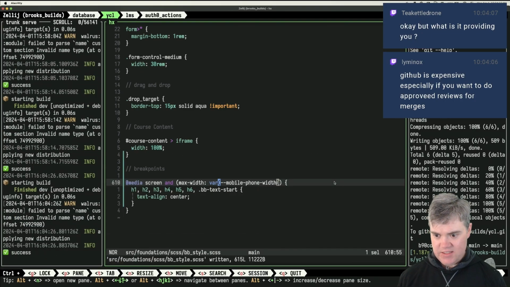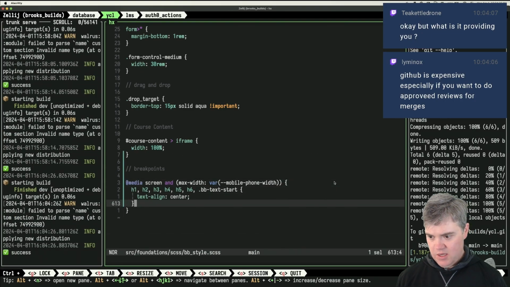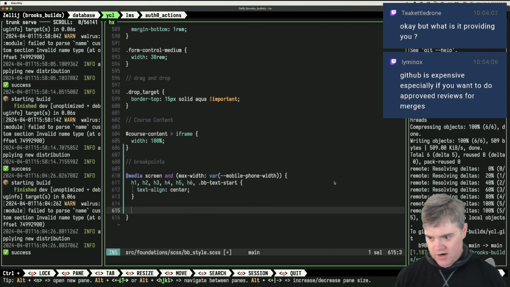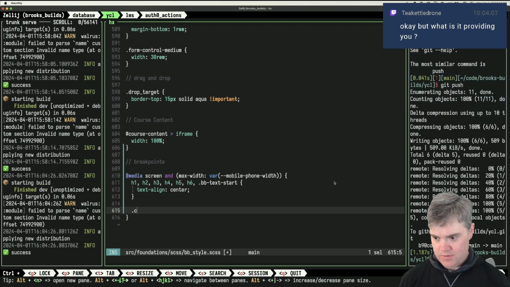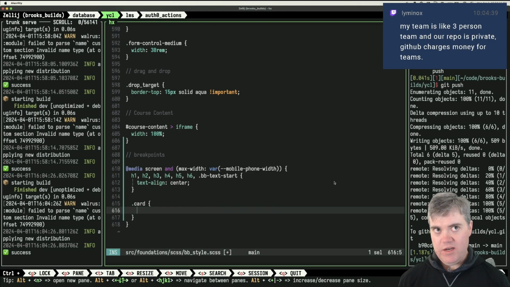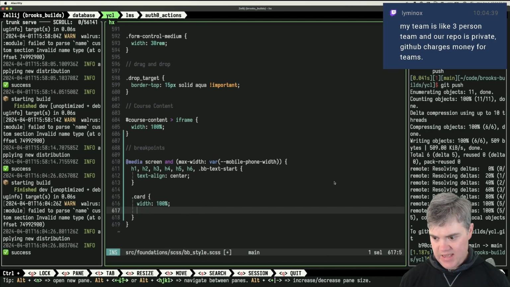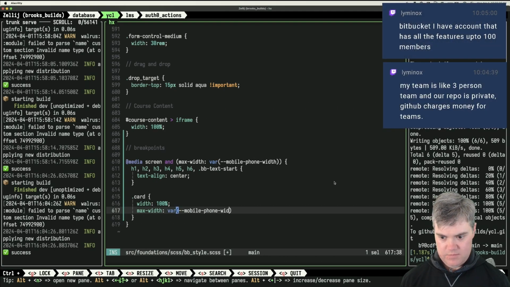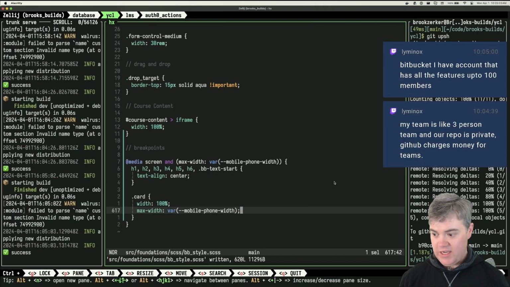Okay, so if I do that, this should still work. And then I want to say, okay, you have view there, and then I want card. We want you to have a width of 100% and then a max width of var mobile phone width. Okay, so if I do those two things,